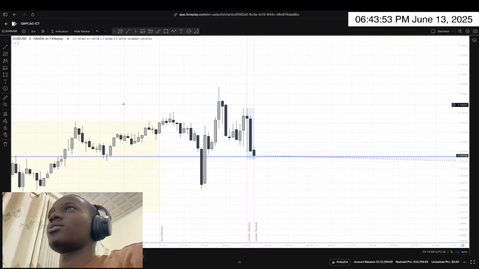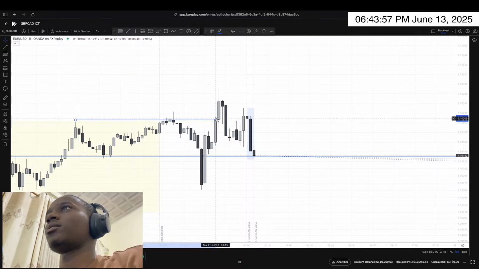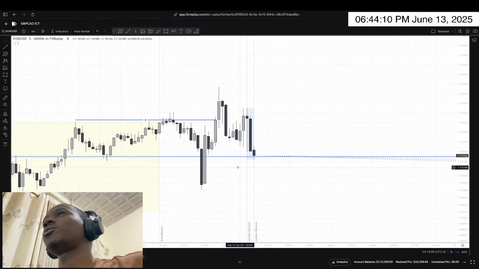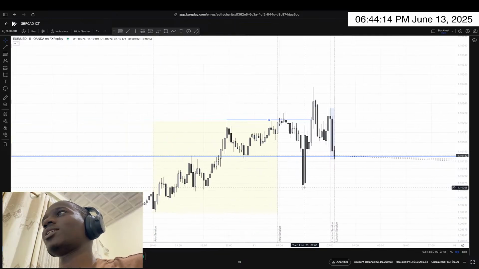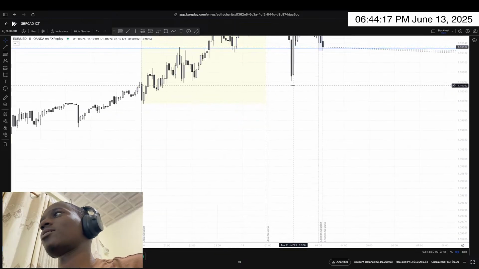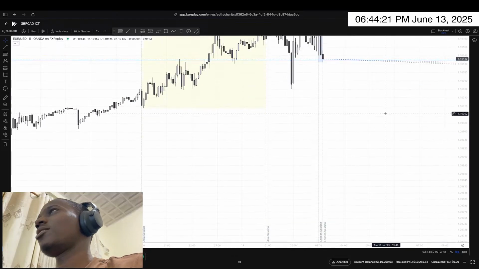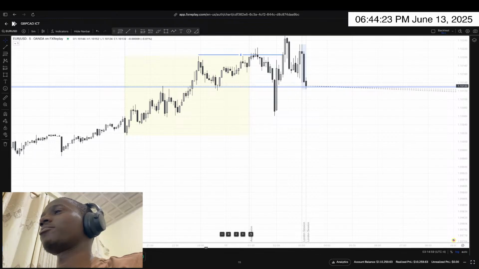because we took out, you can see it right here, the Asian highs, and then we created a high, a low, and then we failed to break above this high and shifted structure on this low. You can see how this candle has closed, which means we can have an entry to the downside, where we can target this low right there. I don't think we will target the previous day low. We will just have a small pip movement